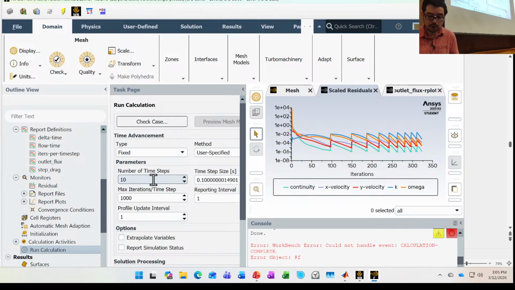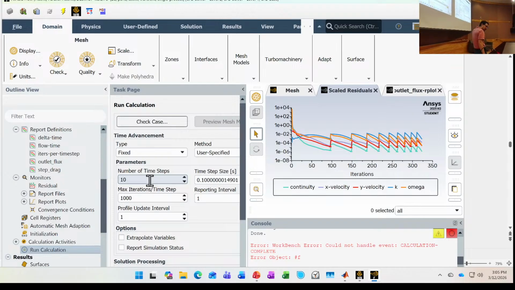So, I just wanted to point that out. When you talk about convergence in your reports, it's okay to put in one of these plots, these screenshots. I understand that. But that is not the only thing I want to see for convergence. If that's the only thing you say and it converges, you're not going to get high marks on the convergence one. You've got to do something else.